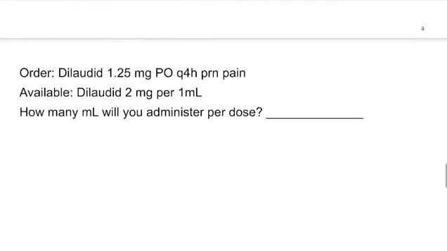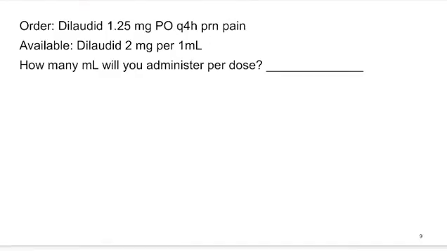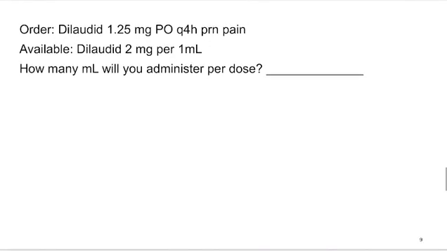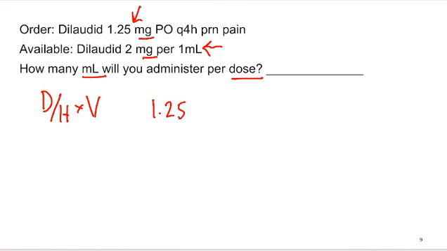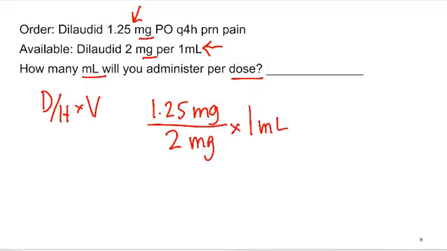Okay, scooting along a little more. I'm going to read the end of my question first, and I see how many mils per dose. Again, I'm going to need my doctor's order and my label. And I'm going to notice here that this is in milligrams, this is in milligrams. I don't have to convert. That's quite nice. This is going to be a D over H times V problem. So my doctor's order is 1.25 milligrams. What do I have? I have 2 milligrams times 1 milliliter. So I'm going to go to my calculator, 1.25 divided by 2 equals